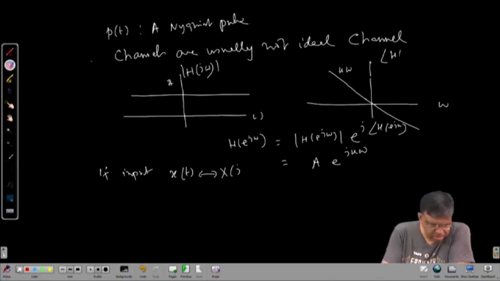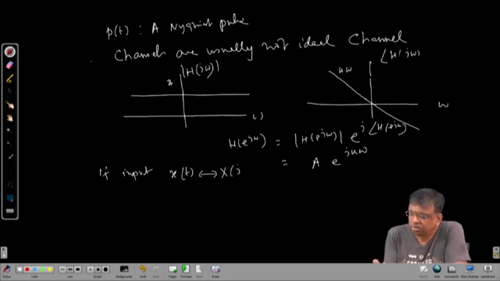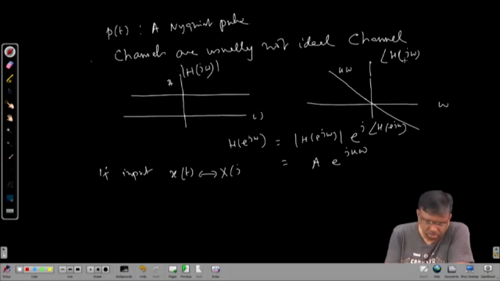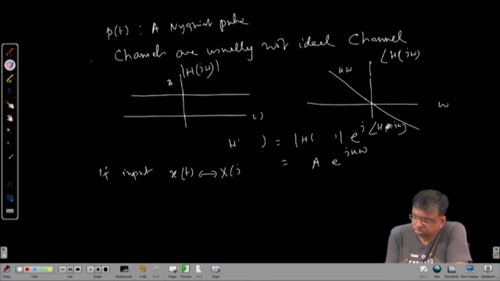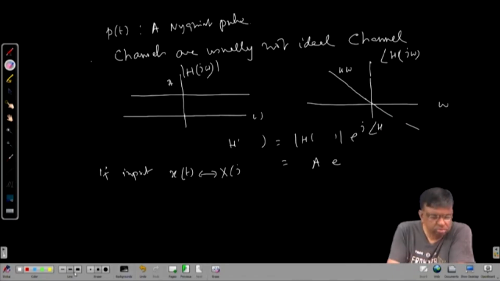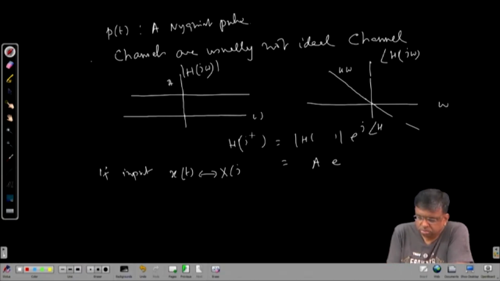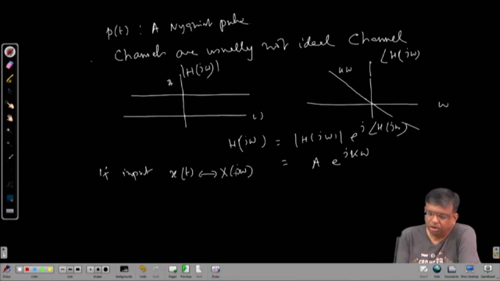Because these are analog channels, I should have j omega here also. Magnitude and angle, so it is k omega. So, if input is this, output will be